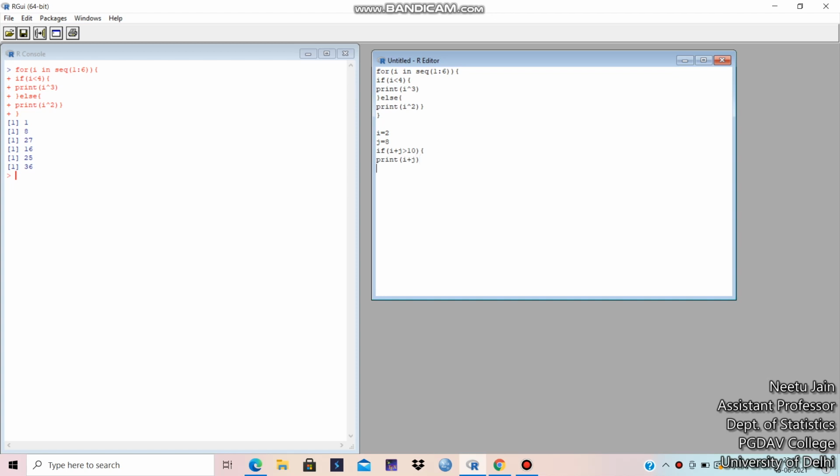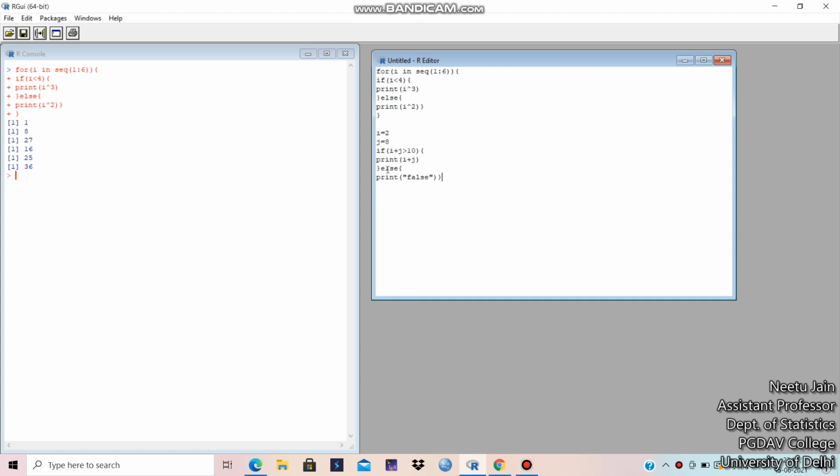Okay, body of if loop is ended, else started, body of else is started, print within quotes I am printing false. Okay, then body is finished of else loop.